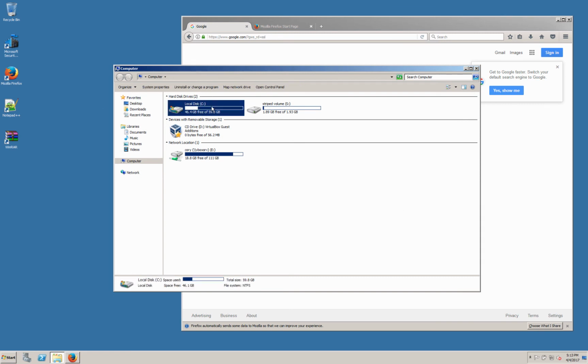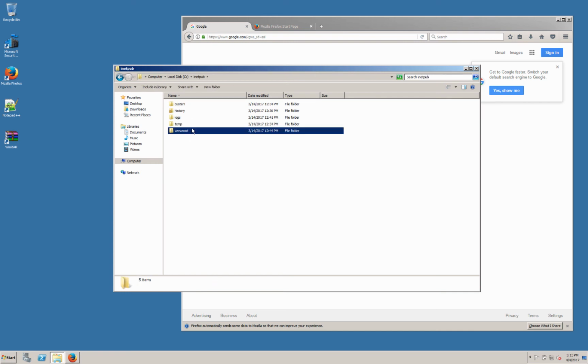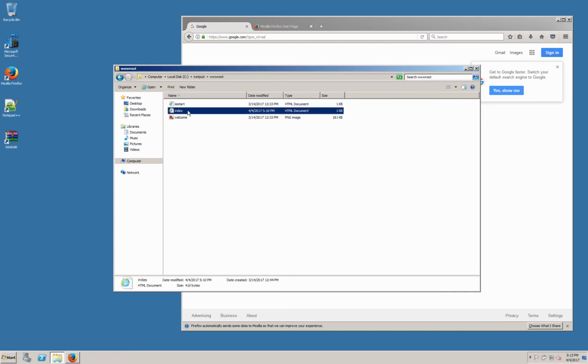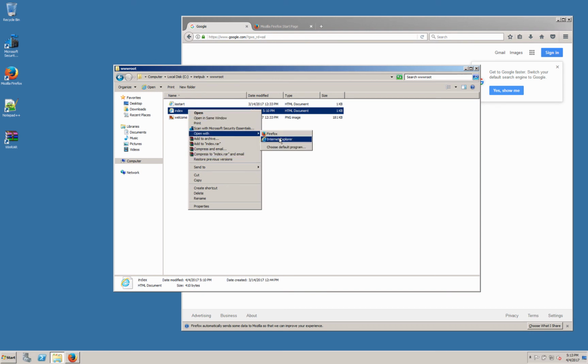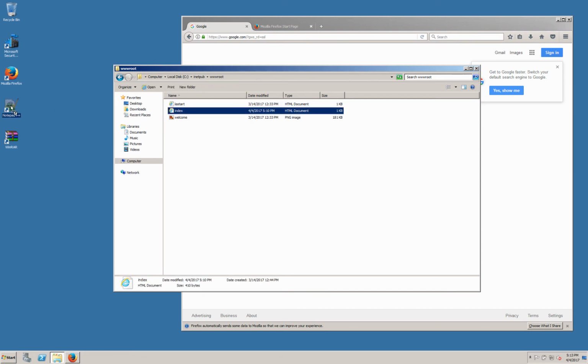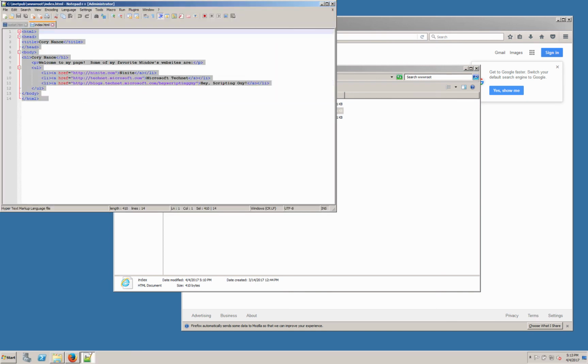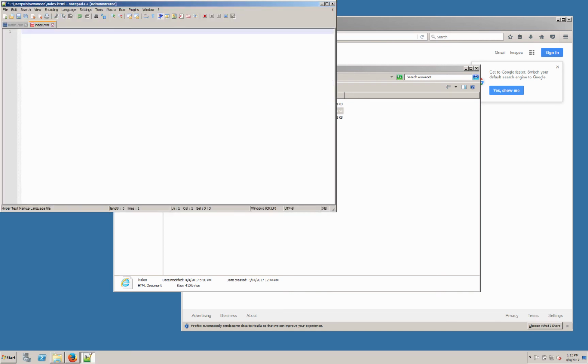And let's find a file that we can modify. So let's go back into our inetpub from our previous lab where we created an index page. And let's go ahead and edit this. So we want to remove some data. Let's see, let's open this. Let's drag it over and open it with Notepad. And let's say we changed this to where all we had now is, maybe somebody came in and really messed up the file. And now it's just got HTML tags in it. So if we save that and then close it,